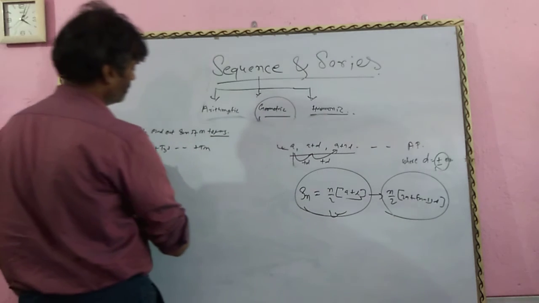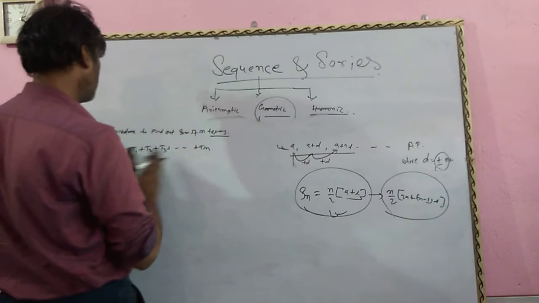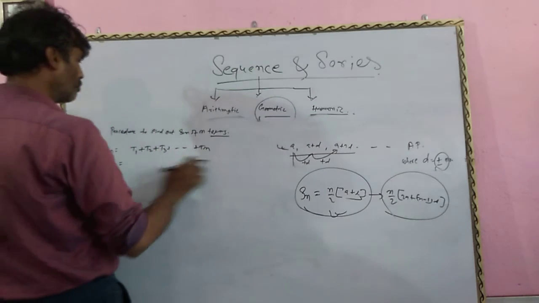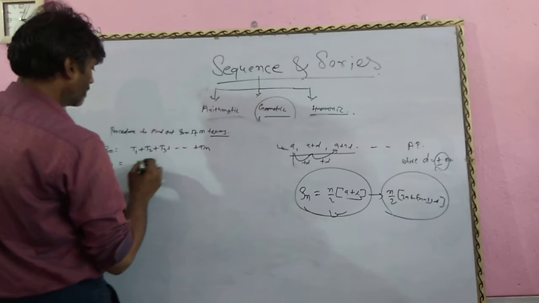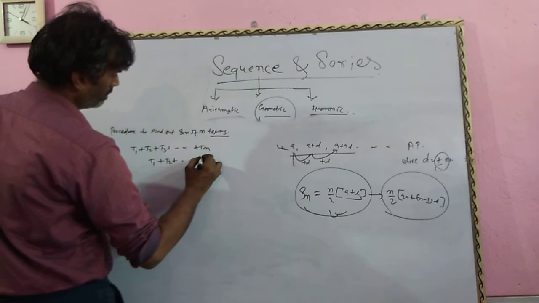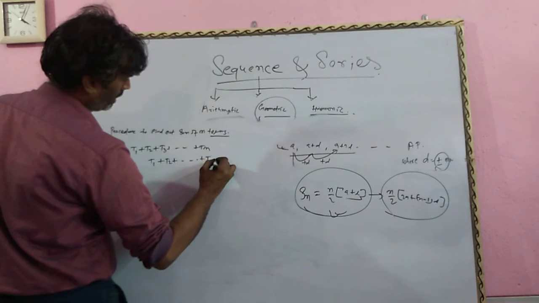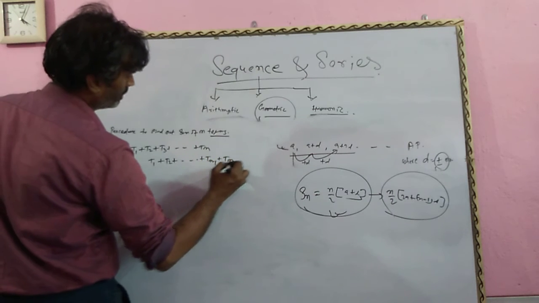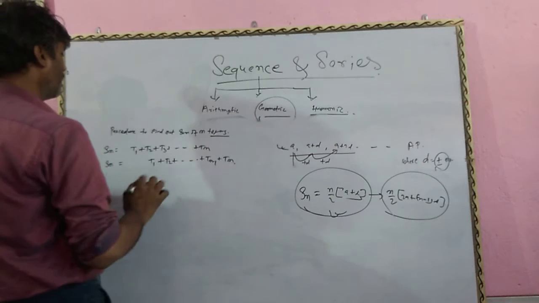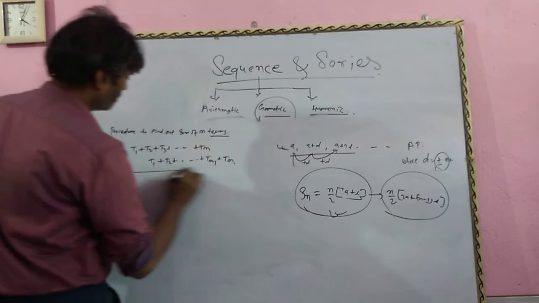just write it by moving it one term forward. Means write it from here, T1 plus T2 plus up to Tn minus 1 plus Tn. Means just move one term ahead and write it. Then